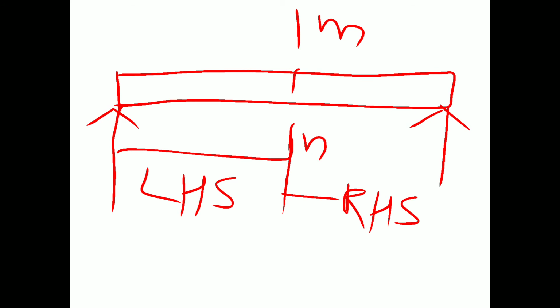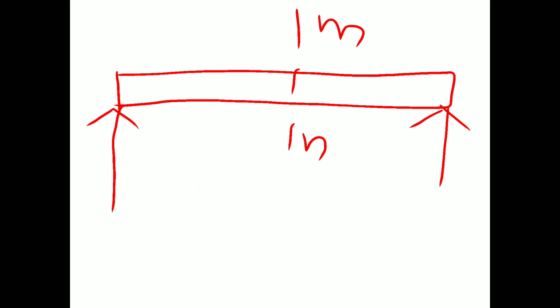Now if I consider the beam subjected to external load, suppose this is P1 and this load is RA. This RA is the reaction of the beam which is acting in upward direction, and this P1 is acting in downward direction, and both loads are acting on the left hand side part of the section MN.